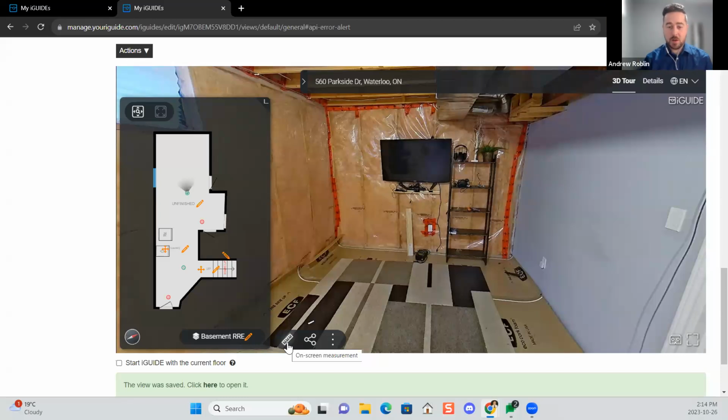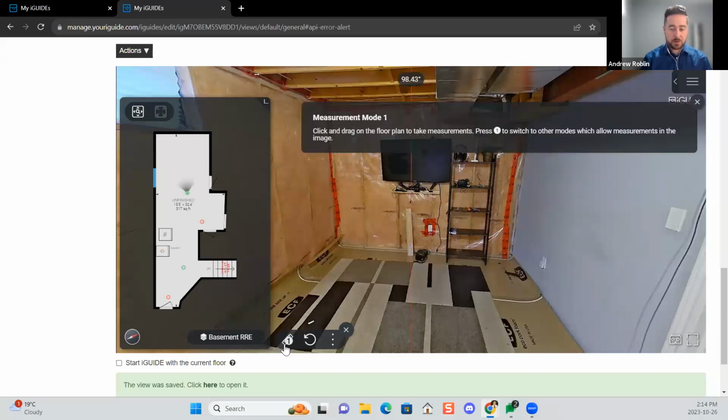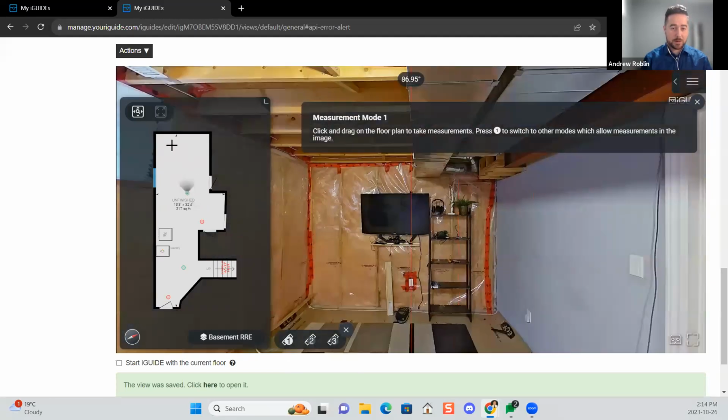Perfect. That's a good summary. So for measurement mode 1, you'd want to click on the ruler here. So let's say we're in our basement. We're using our example as if this was a residential real estate shoot. So they took a number of panels to ensure we have enough data, but no additional panels. So this is great for measurement mode 1. You would click on the ruler here. Yes, you're going to see a 1. If you click on it again, you're going to see the other options. In this instance, we only want to use 1, and that's going to allow us to draw on the actual